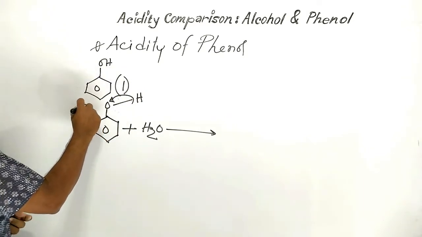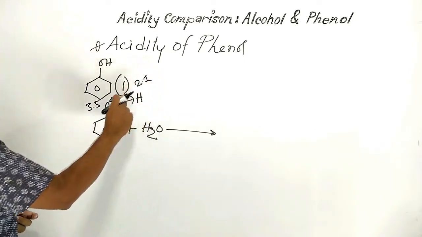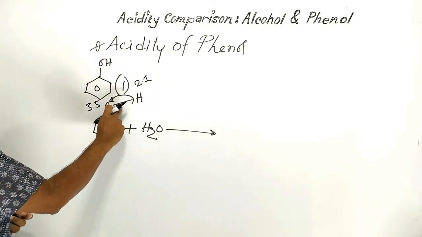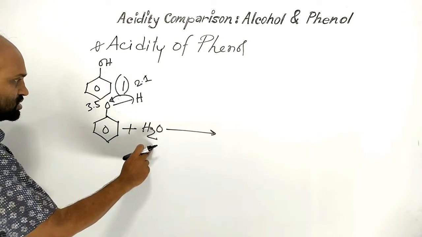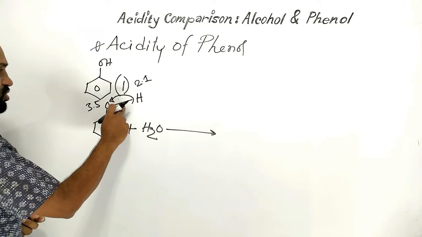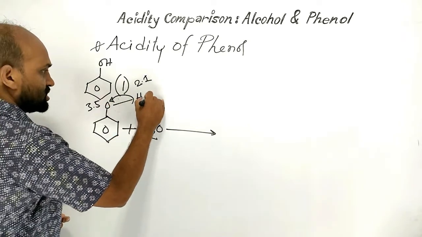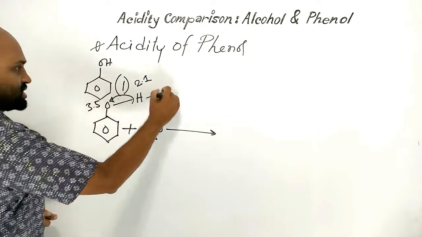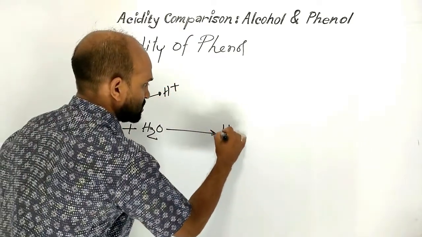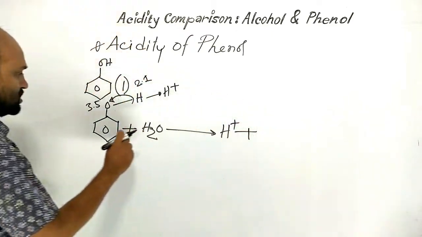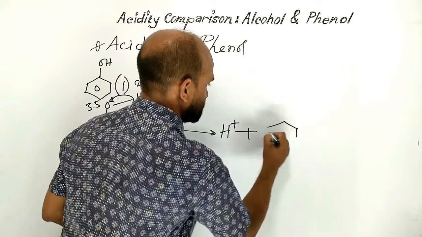The electronegativity of oxygen is 3.5, hydrogen 2.1. Because of the high electronegativity difference, in presence of water, the oxygen hydrogen bond undergoes heterolytic fission and this hydrogen gets freed as proton. So here we get proton and the ion obtained is